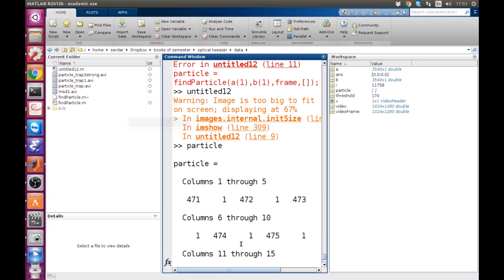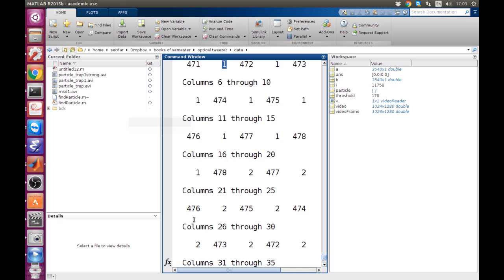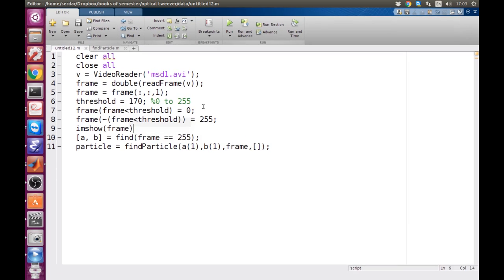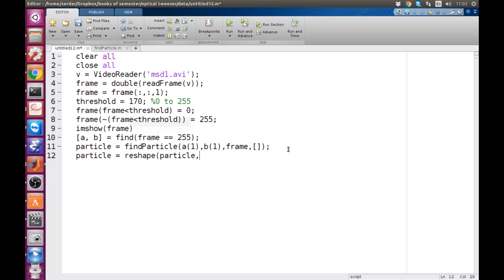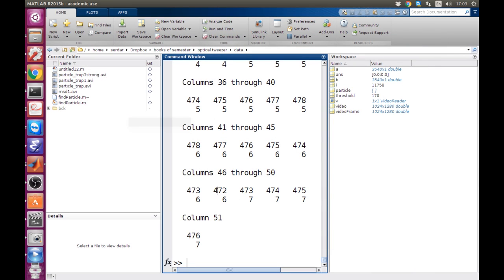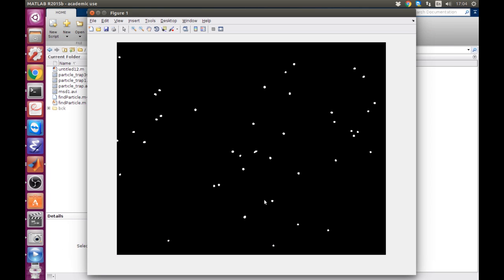So it gives me a set of particles. This is x and this is y. I want to get them not in just one vector. I want to get them in a matrix 2 by half of the length of that particle. So let's do this. Particle equals reshape particle 2 by length of particle over 2. Now if we run this, now we have a nicer looking matrix,